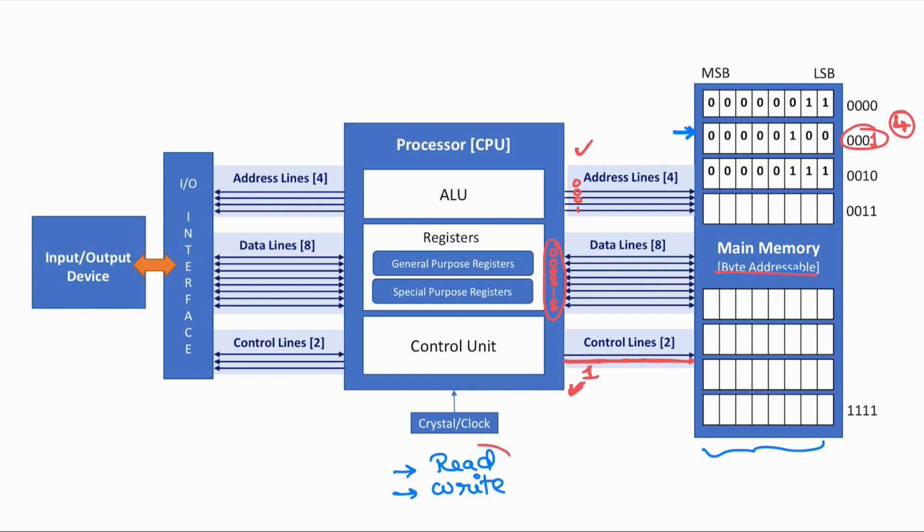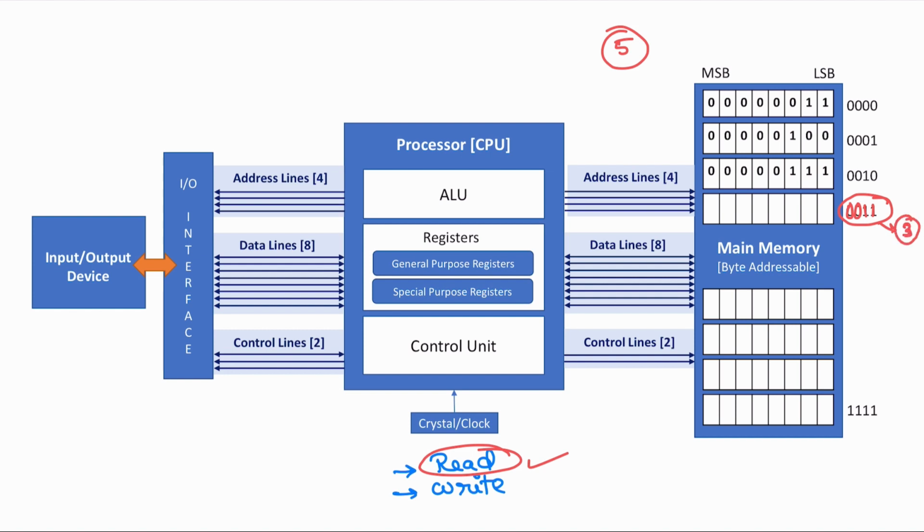Now this is the read operation. We did the dry run for the read operation. Now if you want to do a write operation, what will we do? First we will erase everything. Now we will do the write operation. If CPU wants to write value 5 on main memory, on the fourth cell, that is 0011. The integer equivalent of 0011 is 3, right? So on address 3